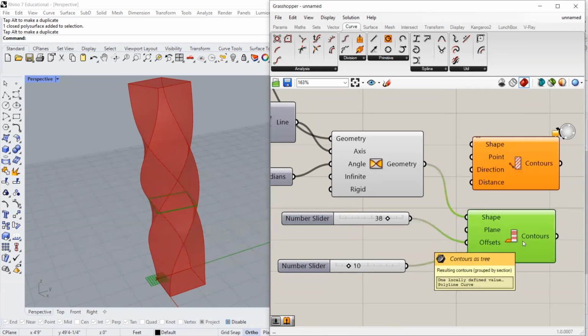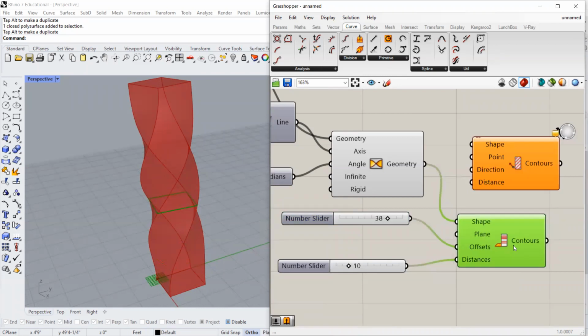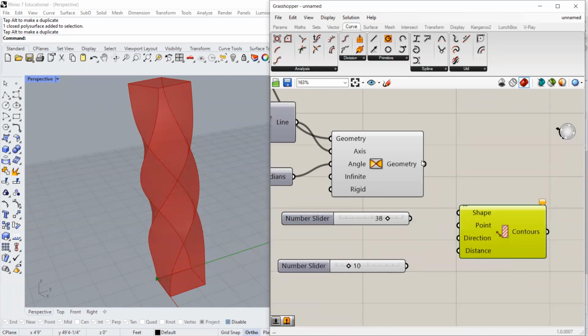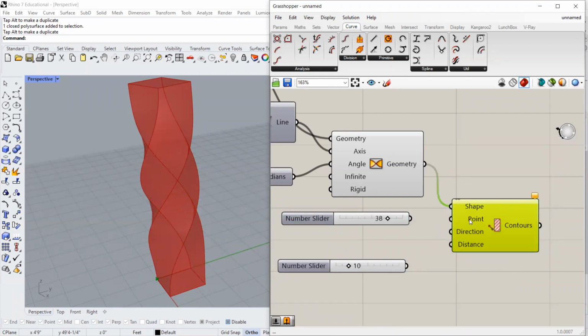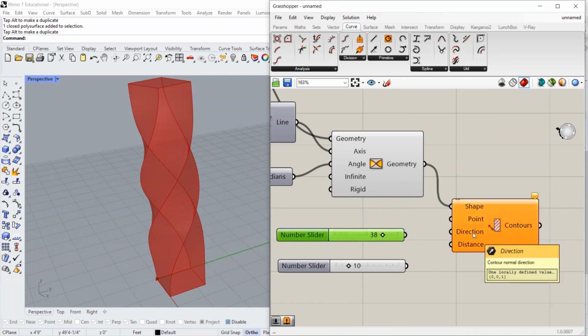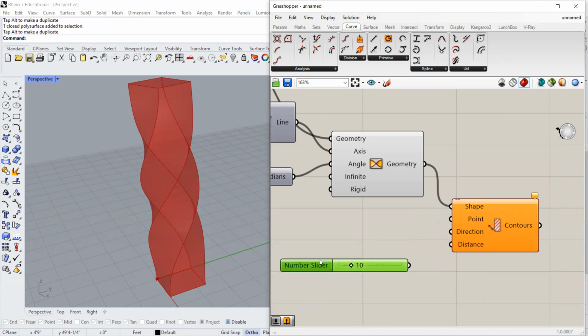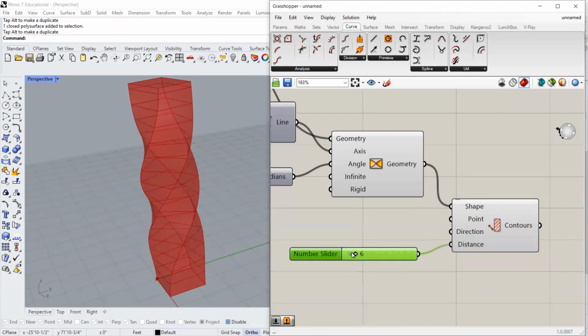Contour as tree resulting in group bisection. Okay, that's not what we want. We want this one. So let me try that again. Shape, point is where it's starting. The direction is the direction it's going in. It's already going to go in the Z direction because you can see it says 0, 0, 1. So that's X, Y, Z. So the 1 is in the Z position. So I don't even need this slider here. I can just plug this distance slider in and I can start to get cuts at various heights along the length of this